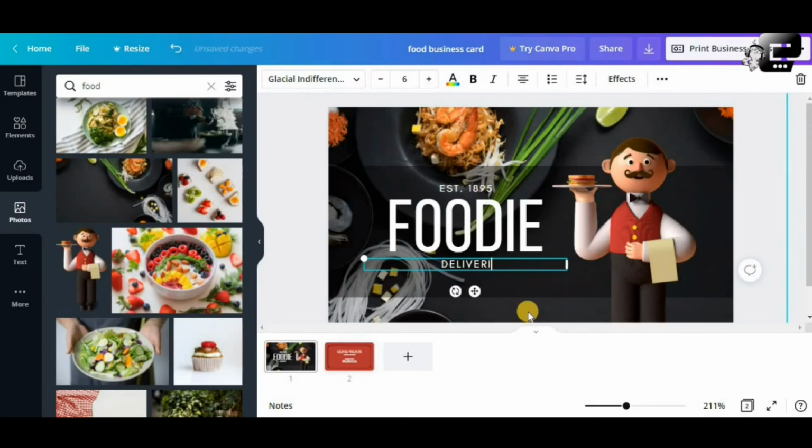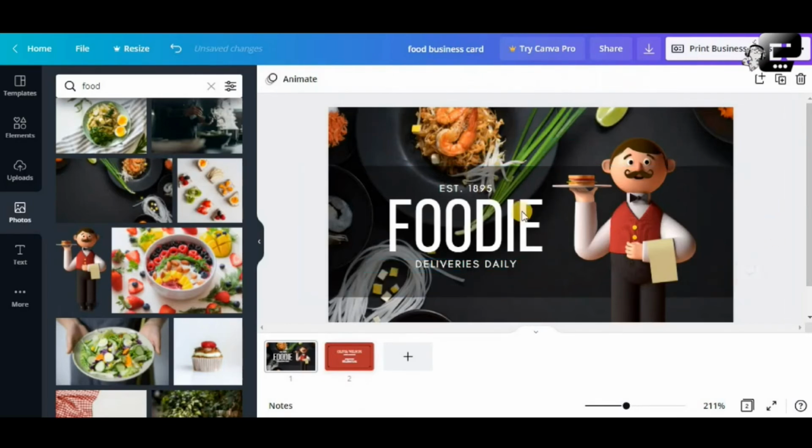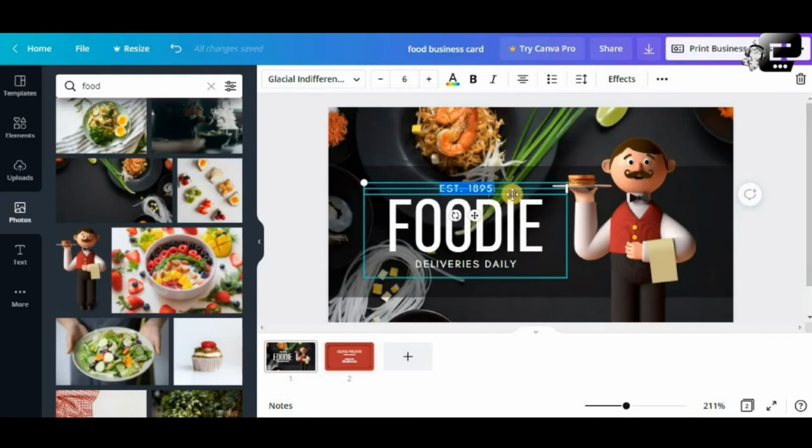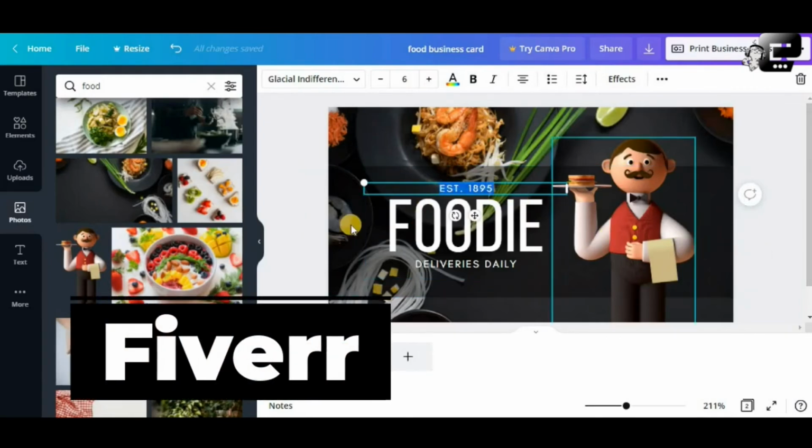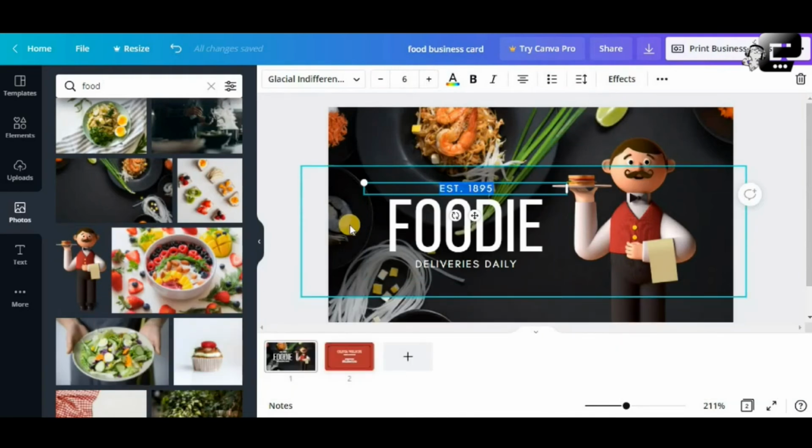Foodie delivery. So you can put anything here, maybe the year or whatever. You can put anything here. Okay, you can change it to whatever.